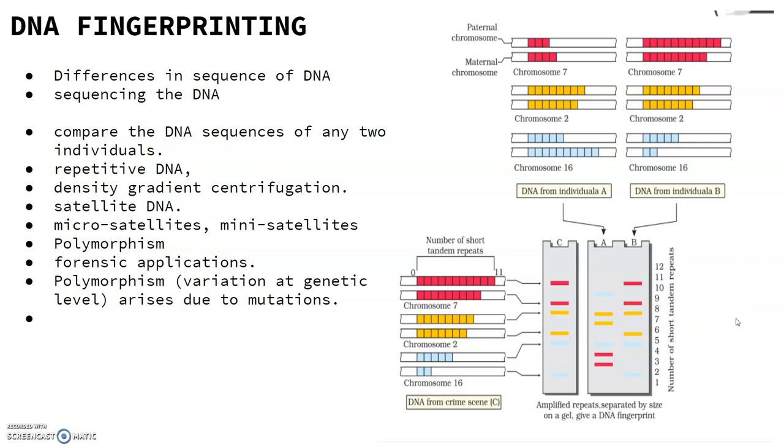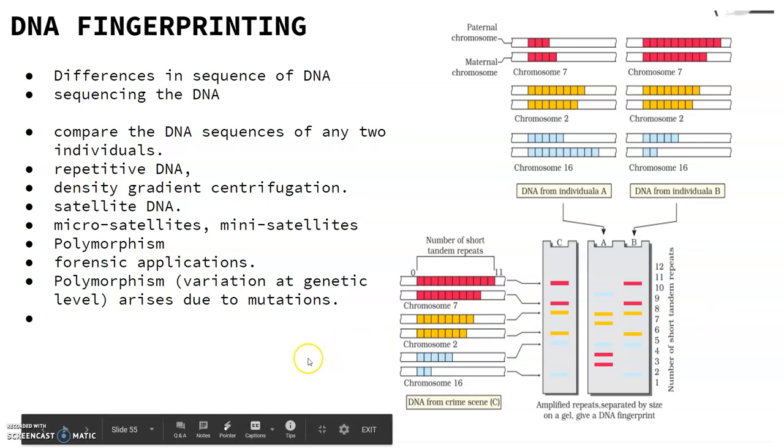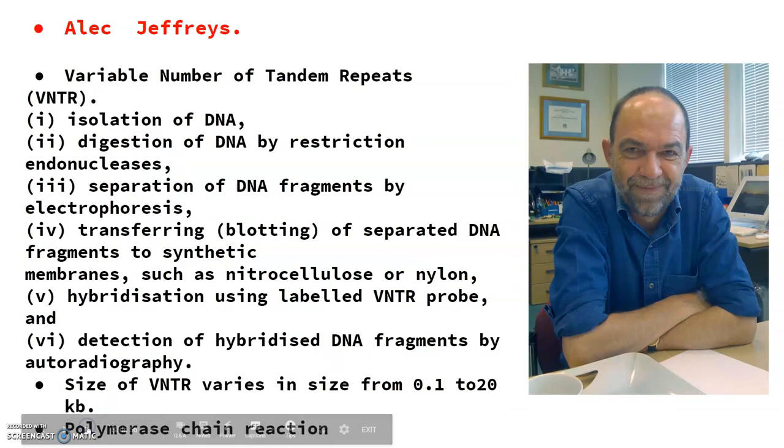The sensitivity of this technique is increased by the use of PCR, that is, polymerase chain reaction. We'll be studying more in the biotechnology part how the PCR technique is used here. DNA from a single cell is enough to perform DNA fingerprinting, and applications are in forensic science, and it has much wider applications also in determining population genetic diversities. Many different probes are also used to generate DNA fingerprints.